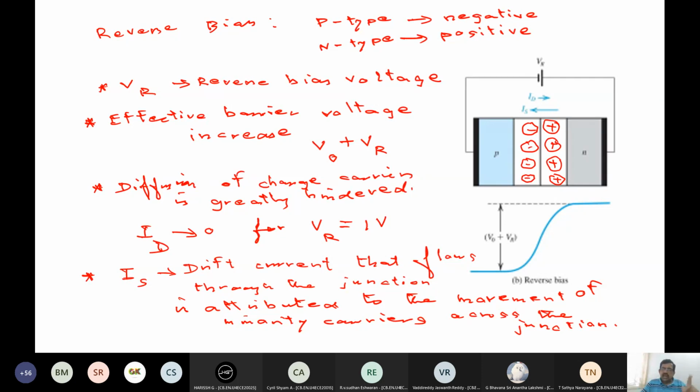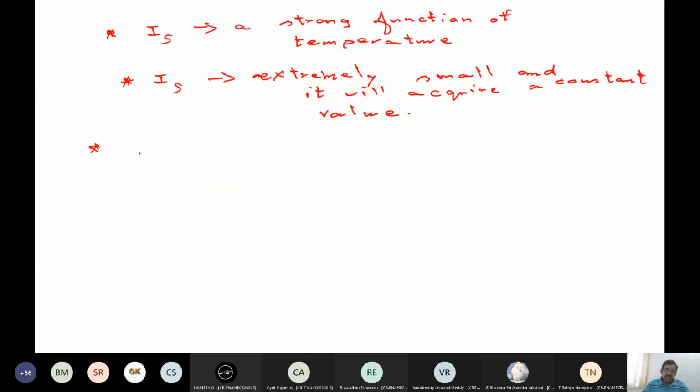It is the electrons and the holes that actually move through the junction, not the ions, which are fixed to the lattice. So we call that stored uncovered charges. The consequence is that the depletion width will increase